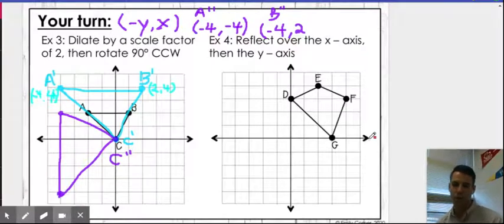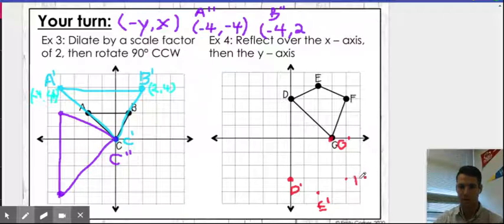We're now going to start number 4. We are reflecting over the x-axis first and then over the y-axis. So point G prime would be in the exact same place. We can take D down 3 spaces to the other side of the x-axis to make D prime. We can take E down 4 spaces and then another 4 spaces to E prime down here at the bottom. And then F down 3 spaces and then another 3 spaces for F prime at the bottom. And we can connect our points